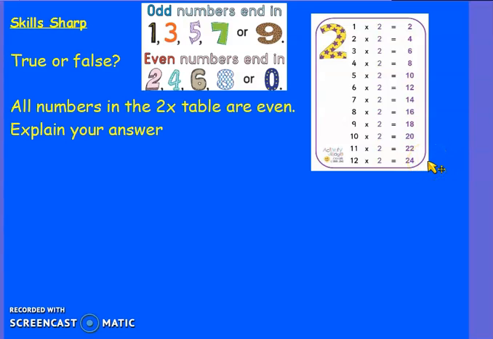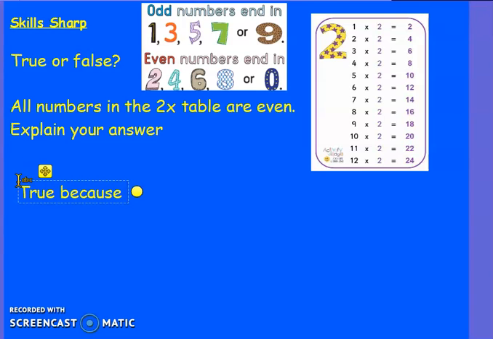I've noticed that all the multiples of 2 end in either 2, 4, 6, 8 or 0. I can't spot any numbers that end in odd numbers. And we know that all the answers in the 2 times table are multiples of 2 and they can be divided by 2, so they must be even. So this statement is true